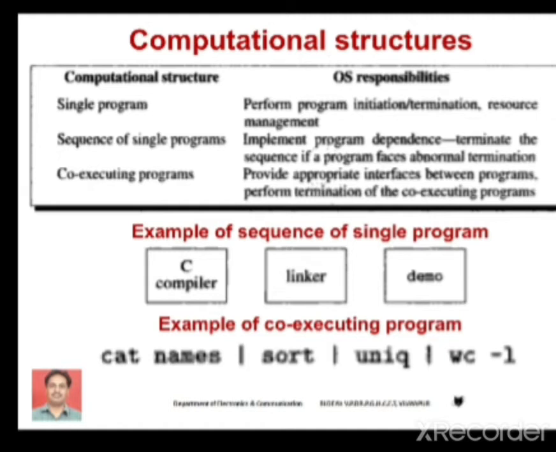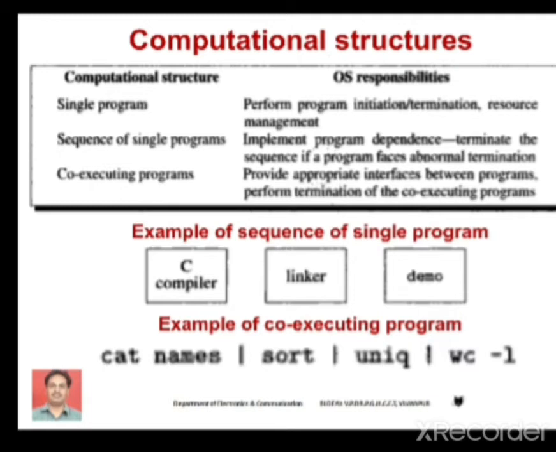Then we have a command called sort. As the name itself indicates, it is used to arrange the names in alphabetical order. We are going to get sorting of the names. And we have a command unique which removes duplicate names. It will allow only unique names in the output. Then we have WC, it is word count. WC stands for word count. It will count the number of words.